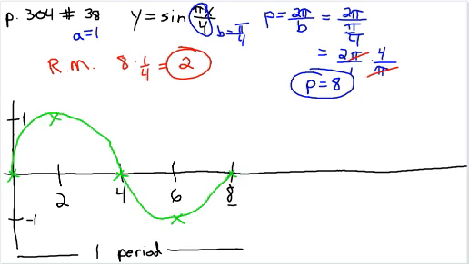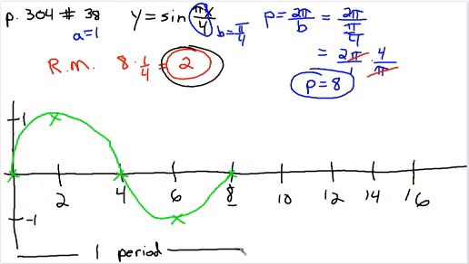of the sine graph. If we're supposed to do 2 periods, we just keep counting by these road markers. So I'm going to keep counting by 2's: 10, 12, 14, 16, and then I just continue on this same path that I followed for this first period. I continue for the second period. So I start at 0, I go up to 1, back down to 0, back down to -1, back up